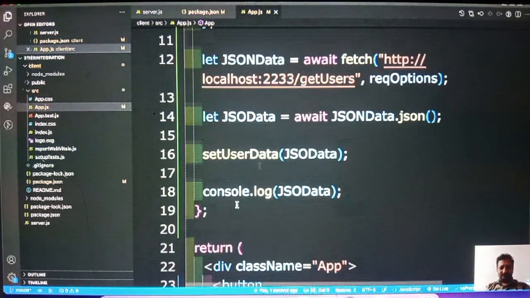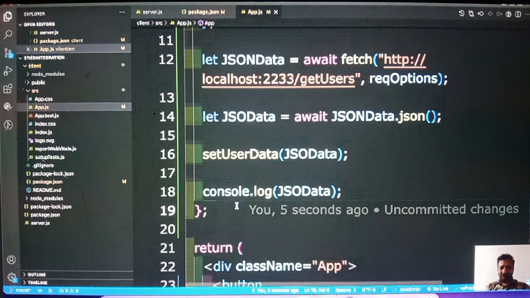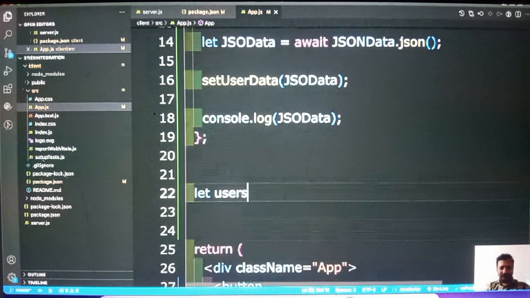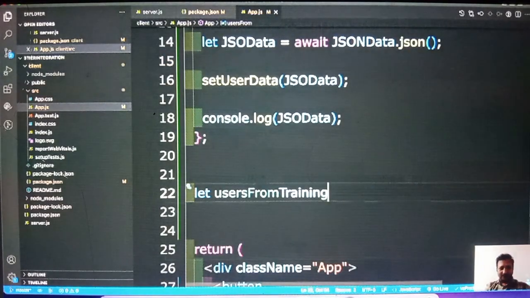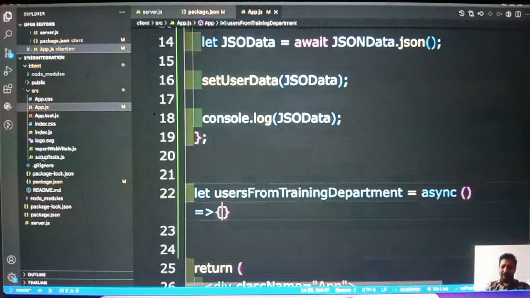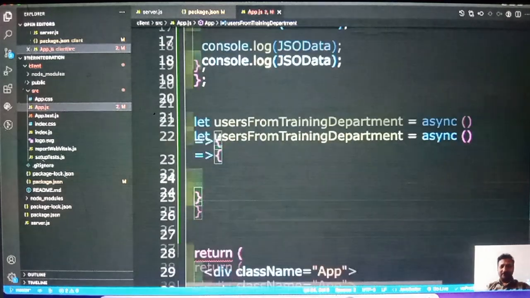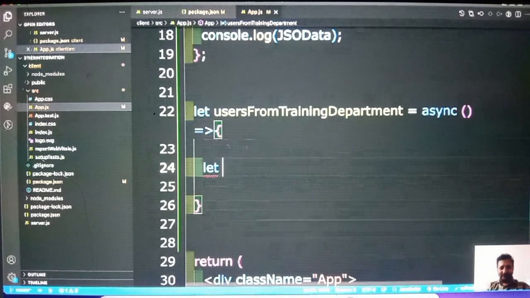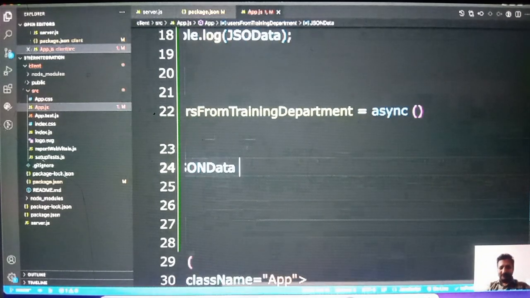Now, let usersFromTraining. I can copy paste it also, but I want you to see it. So I'll say let JSON data equal to await fetch